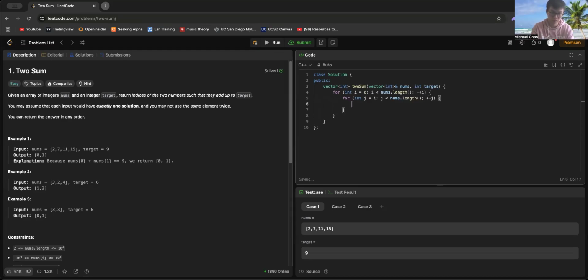I believe j starts at i plus 1, because i is 0, and j would be here, and then here, and then here. And then if nums[i] plus nums[j] equals target, then you would return